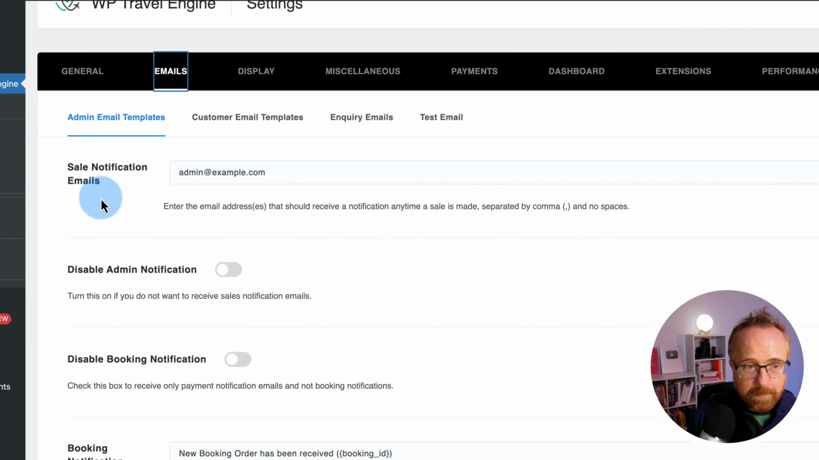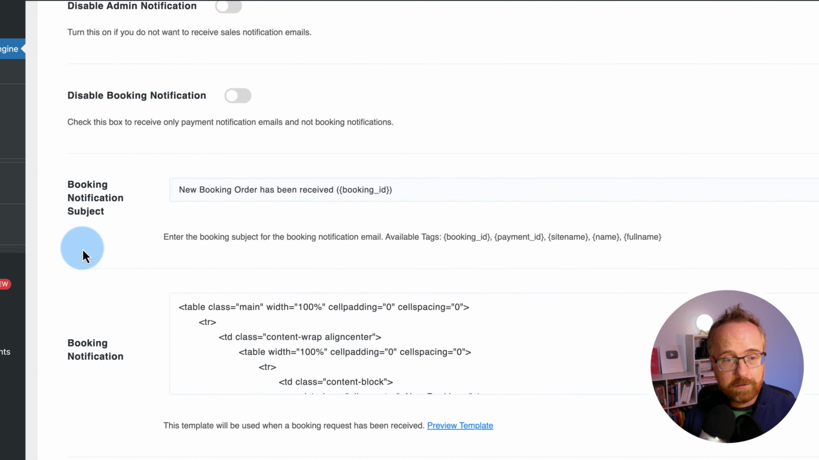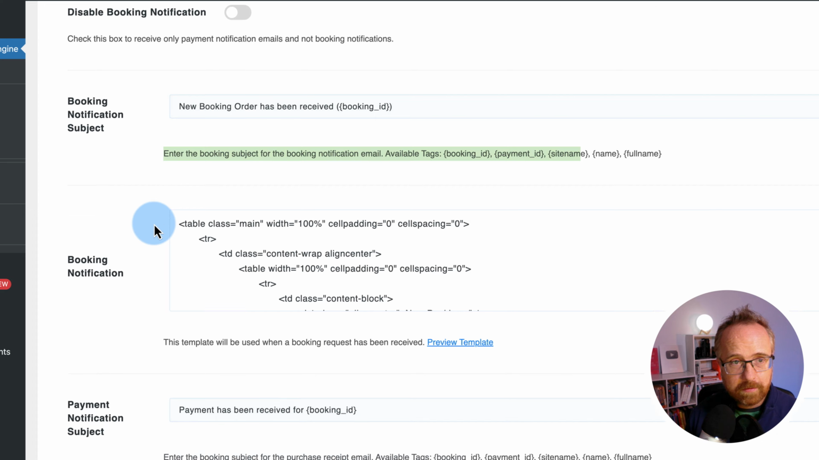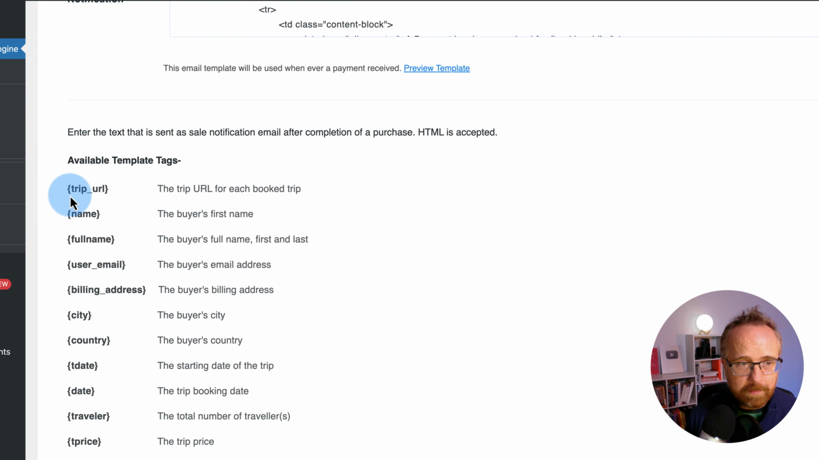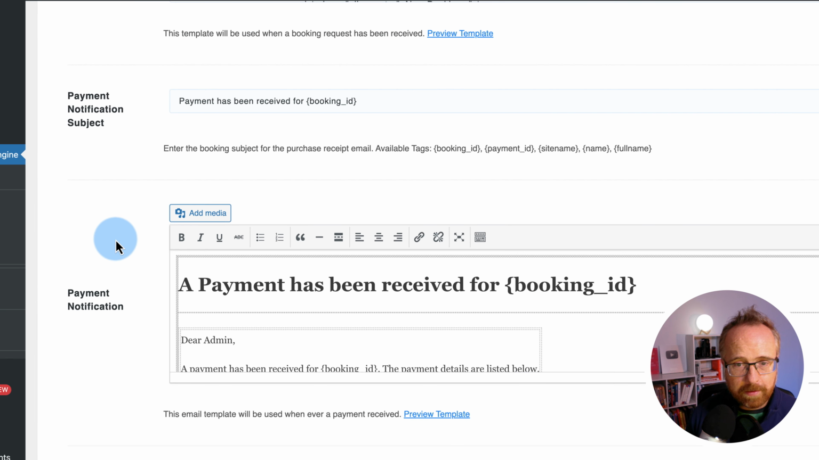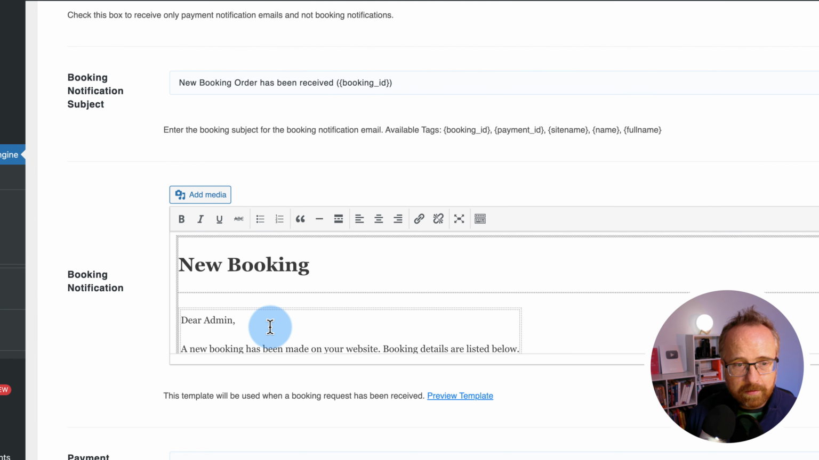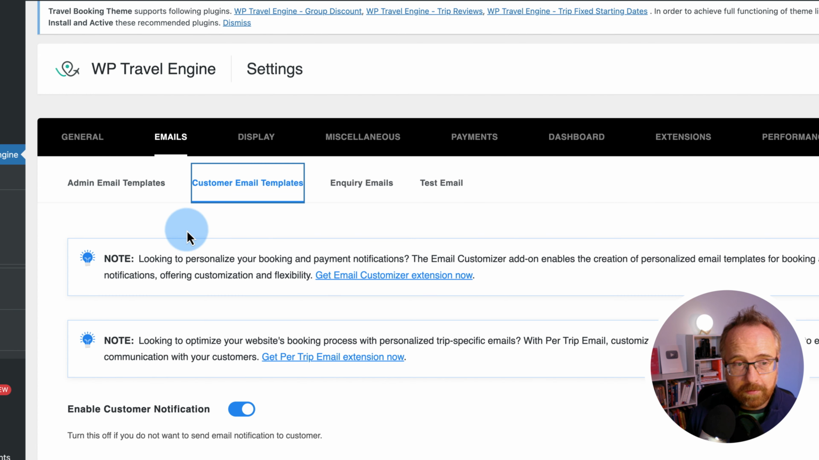On the emails tab, this is all about emails that are sent out both to you and the customer. And everything's explained as well as it could be probably. There's a lot of template tags here that allow you to customize emails, and the emails are already pre-written and pre-populated. You don't have to do anything in here if you don't want to, but you can come in and customize